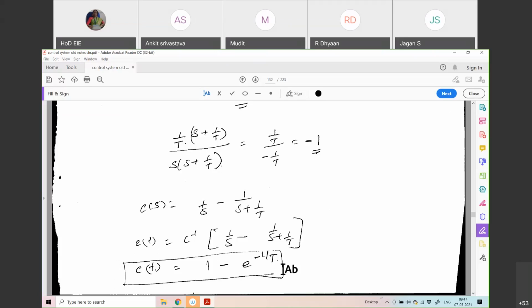Okay, what did I do? I was given a transfer function of a first order system, and I am asked to find out its unit step response. Okay, if that is the case, what did I do? I have just rewritten the expression given, C of S is equal to R of S into the function. Now I need to find R of S for the unit step input.